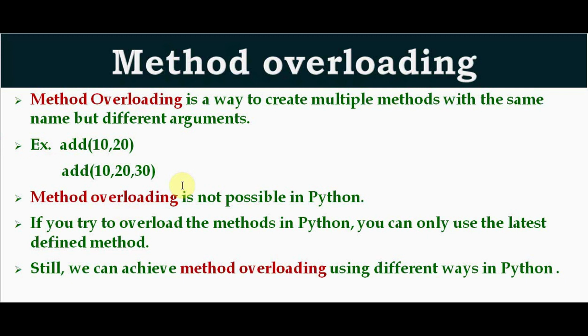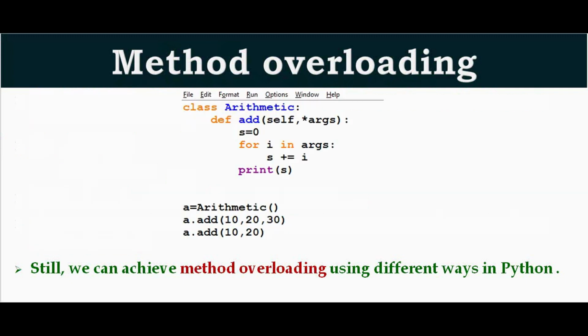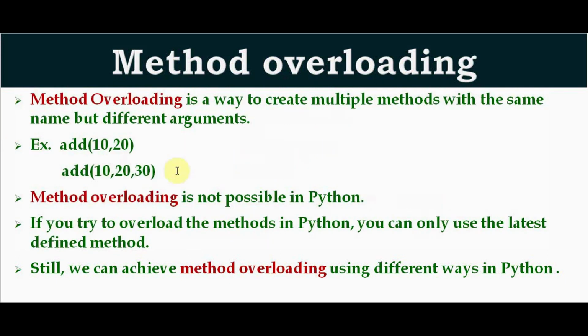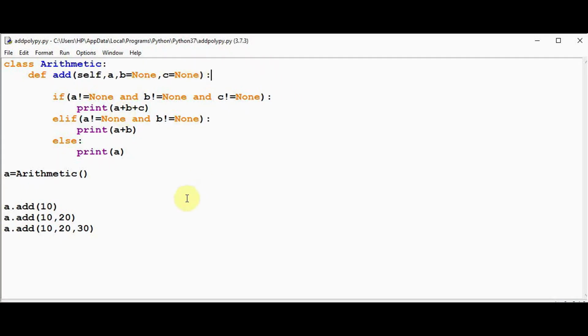One possible way is that you can make use of variable length arguments, called star arguments. Using that concept, you can call that function by passing as many arguments as you need. Apart from that, you have one more option. Here in this add method, the parameters b and c can be set to None. You are using keyword arguments here.